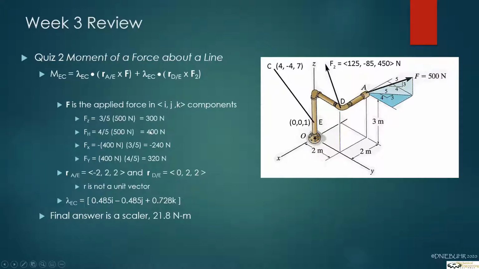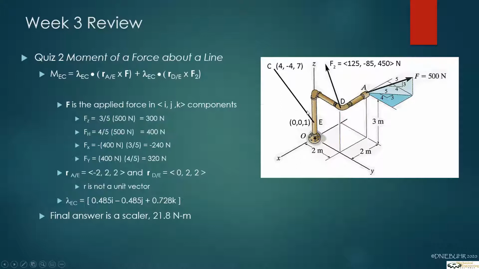So I realize that there's a lot of material and this isn't your only class, but if you need to write notes or whatever will help you, please note that this is the equation. It's always going to be the equation. You just figure out what the line is, EC. So going from E to C, figure out that unit vector, and then in the case of the two forces,